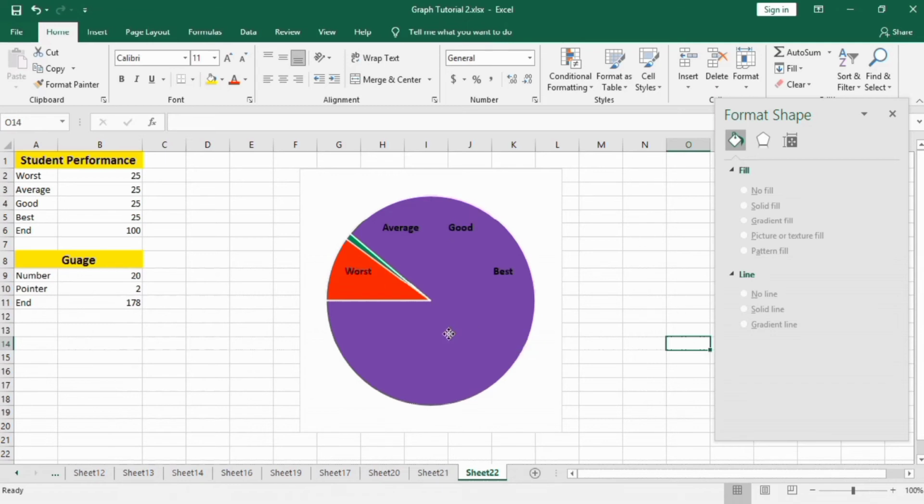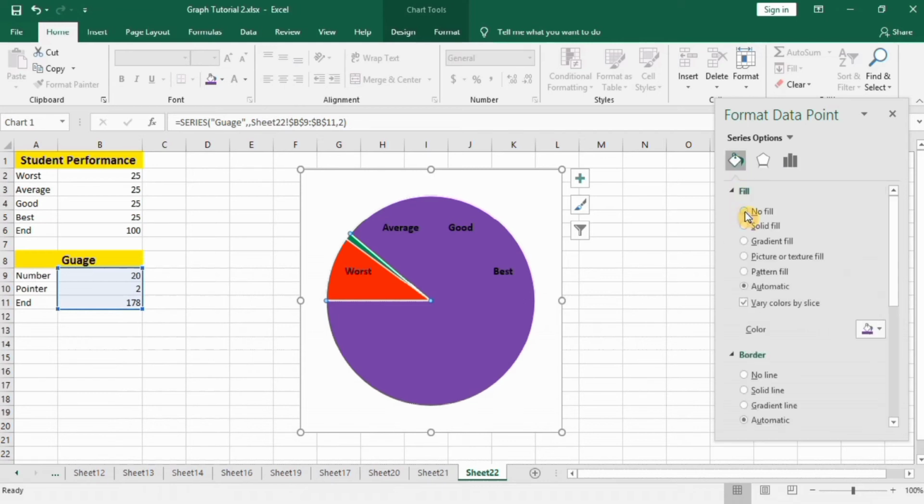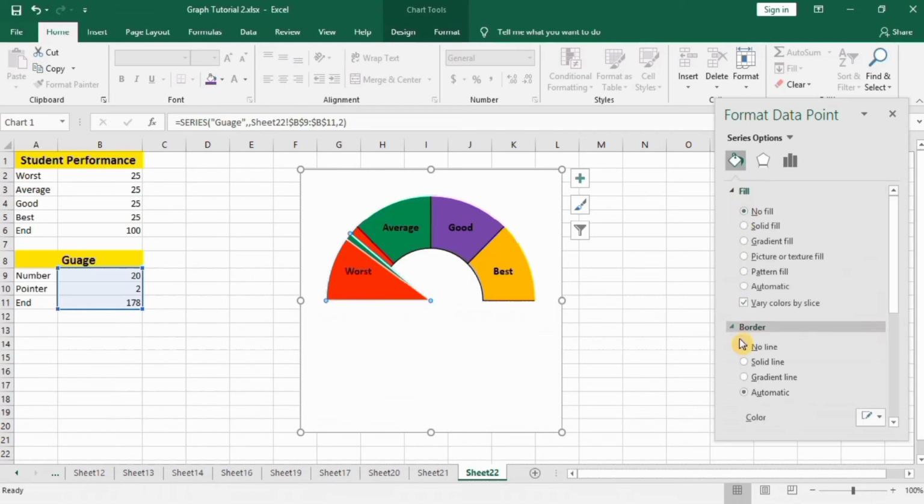Now select this pie chart and again click on it. If you double click, then you can see here only this slice is selected. Go to fill and line option and select no fill and no line.